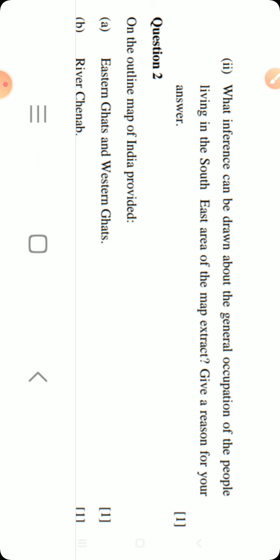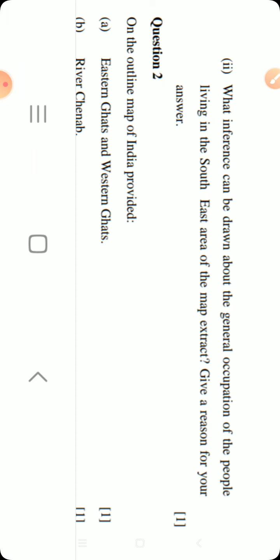So the first one you have to do, it's homework for you, and later I'll be solving all these answers. If you have a problem, I'll be giving you guidelines on how to do it. But let me know your clear problem in the comment box. Show your interest. Class 10th geography is important for you. Question 2 I will be guiding you next week. I'll give you an outline map in your revision and you have to do that.